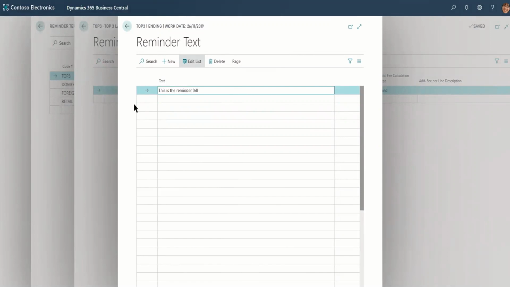The reminder, this is the level, the reminder number 1 or 2 or 3 or 4. So with percentage 8, we are telling Business Central to send the reminder level. After the 4th reminder, your account will be sent to collection, okay? And you can continue adding lines in this text,